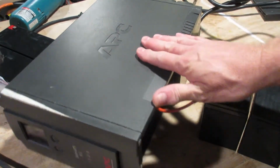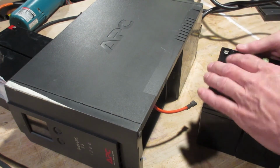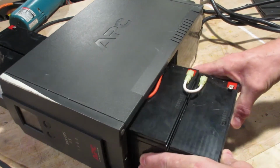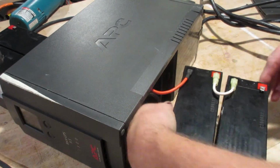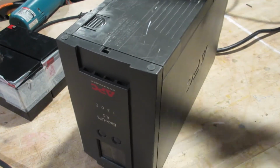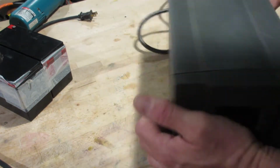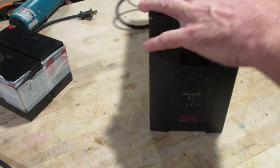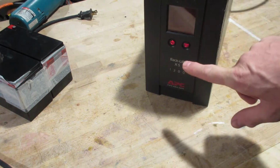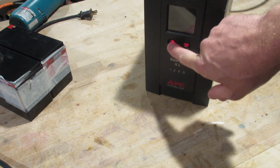Now, I don't have that cable because I got this out of a dumpster. So there's a manual way of doing it, and it involves completely discharging the batteries and then recharging the machine back up, and that should recalibrate it. This is probably a similar procedure for all these APCs, I think, because it didn't specifically mention this one. So what you have to do is drain the batteries with a 30% load, and you can actually determine the load on this thing by...